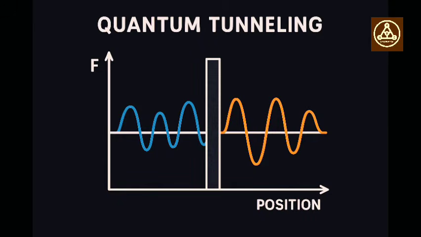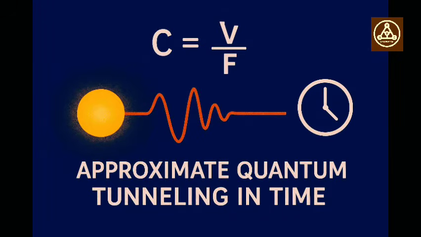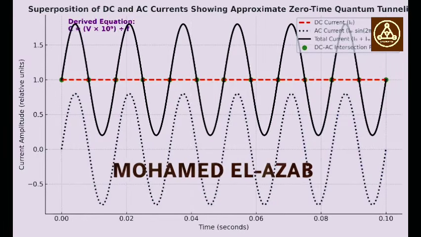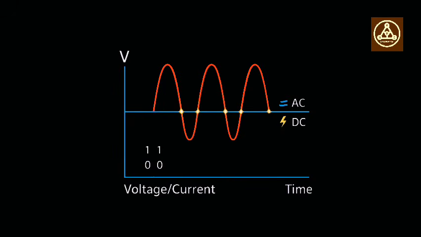The Electric Quantum Tunneling Model, a New Perspective on Temporal Energy Transmission. Author: Mohamed El-Azab. This research introduces a new theoretical framework called the Electric Quantum Tunneling Model, EQTM, which proposes that the phenomenon of quantum tunneling can occur not only at the subatomic level but also within classical electrical systems, through